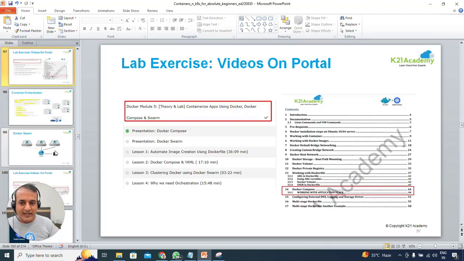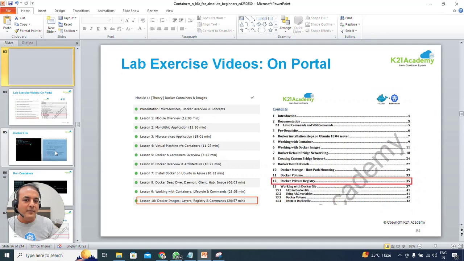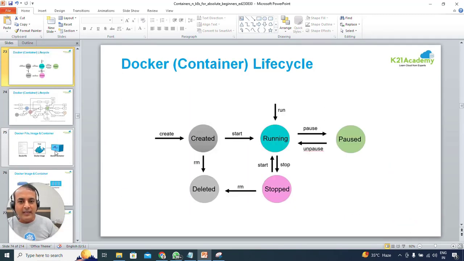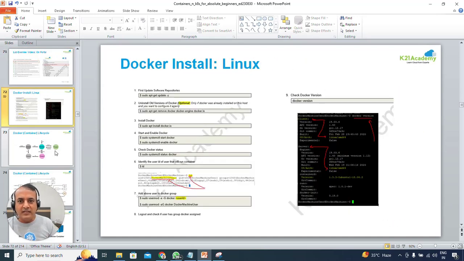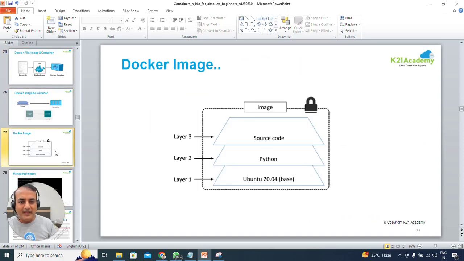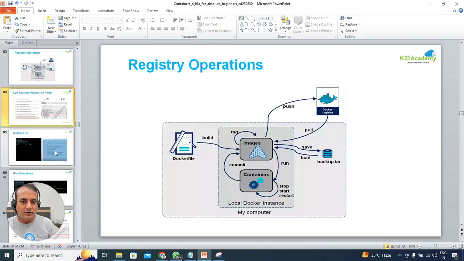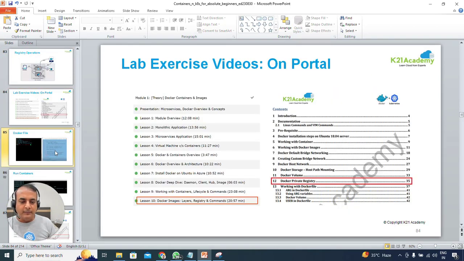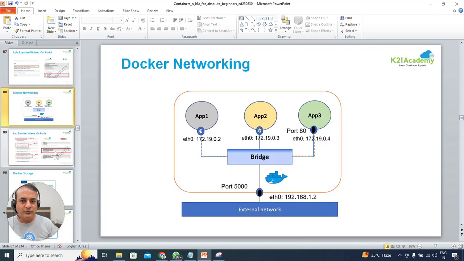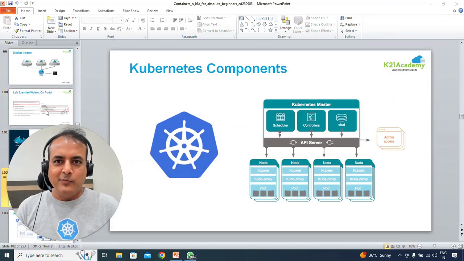But make sure before that you have done the labs that I've highlighted, right from installing. The first task will be to install and configure the containers on an Ubuntu machine. Once that is up and running, play with starting some containers. Then make sure that you create and manage your Docker images, which will be handy. Do that lab as well. Also play with some images. Make sure you create the Dockerfile and create a Docker image using that Dockerfile, networking and storage as well. Well, that was everything about Docker